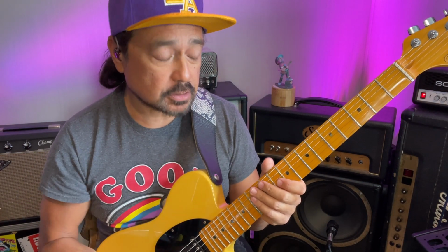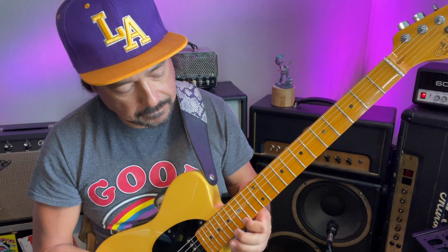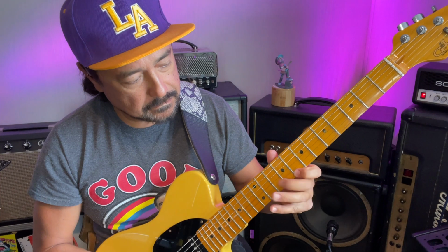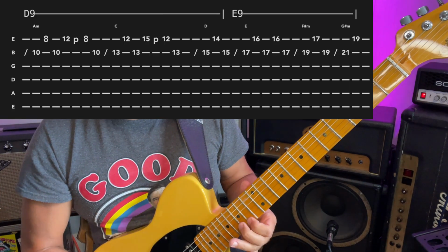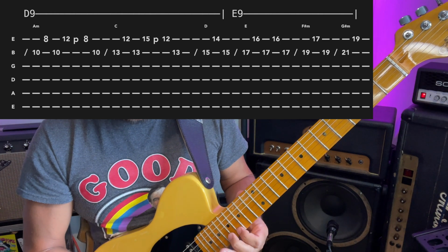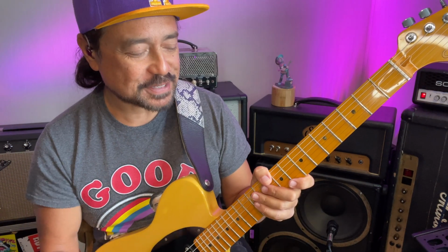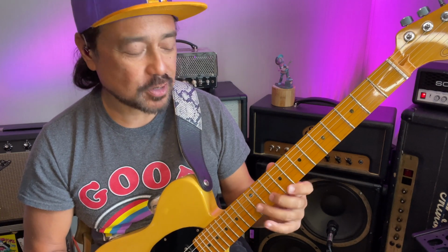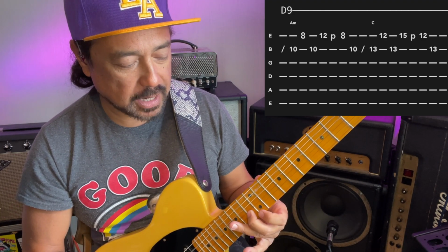So then we just repeat that whole phrase, but the second time it ends a little differently. Second half of the second time through, start off with this A minor triad, going up to the C major triad,